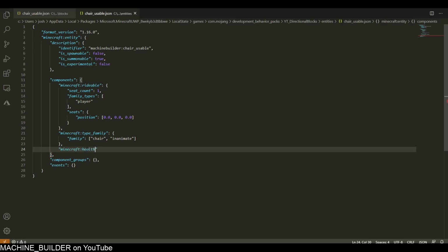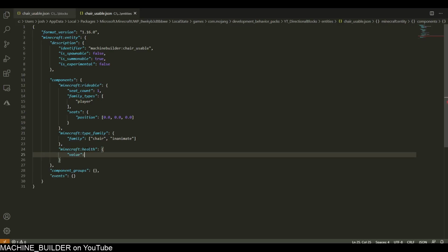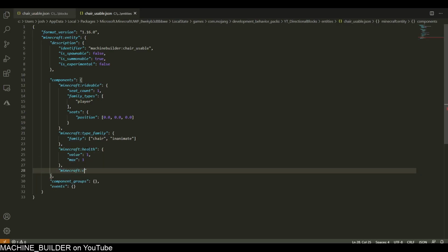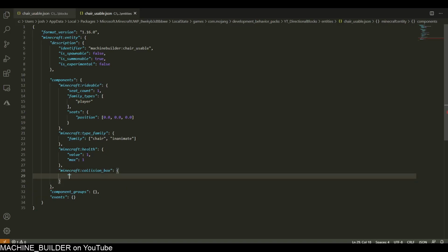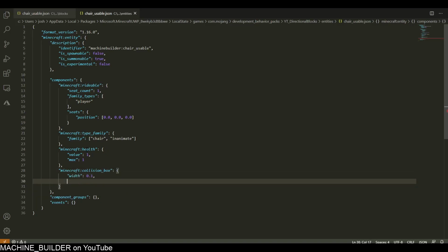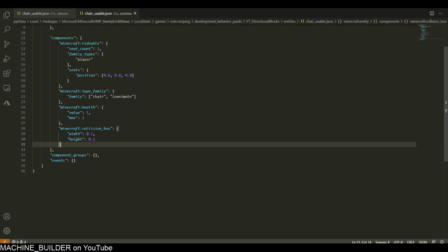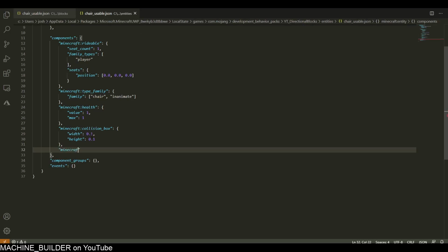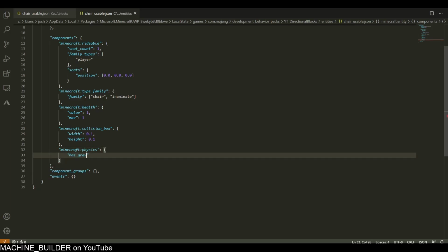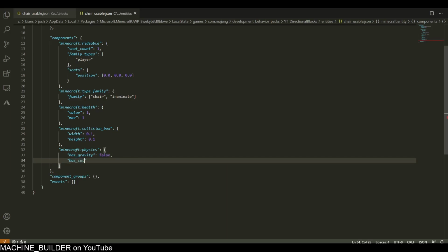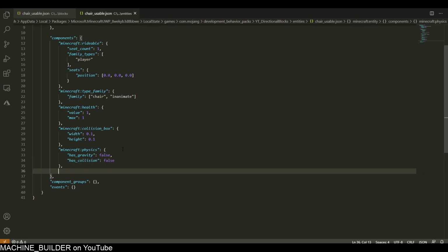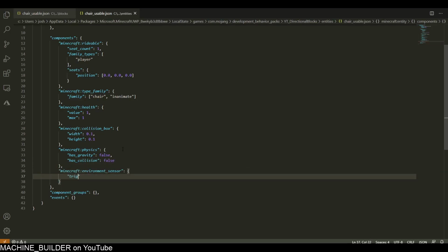So Minecraft health, I'll set this to 1 because it doesn't need to be anything else. So value 1, max 1, Minecraft collision box. Width can be 0.1, height also 0.1. Doesn't need to be a big mob since it's only going to be temporary and it will just be despawned afterwards. So now Minecraft physics should be has gravity false, has collision also false, and then we need a Minecraft environment sensor, and then triggers